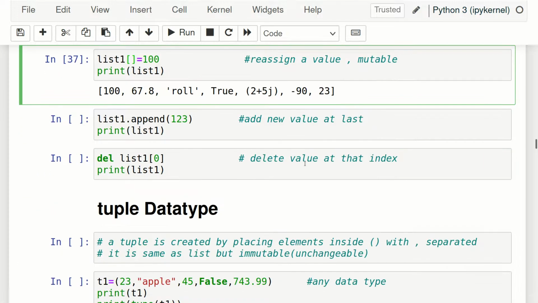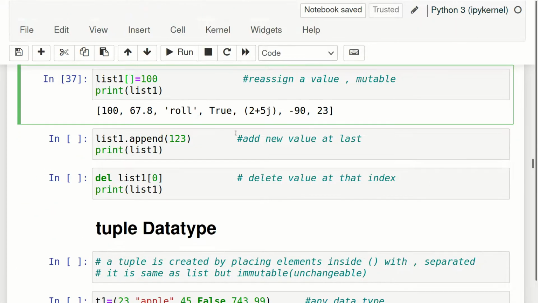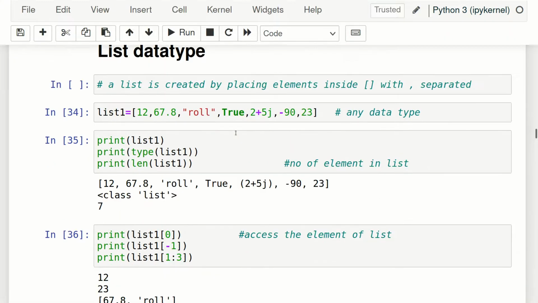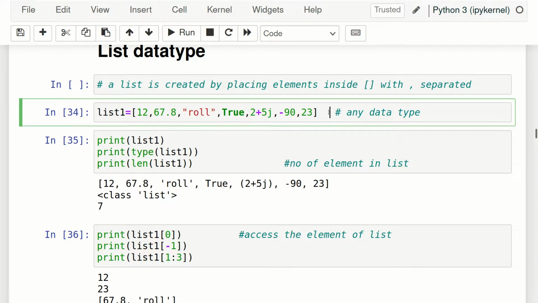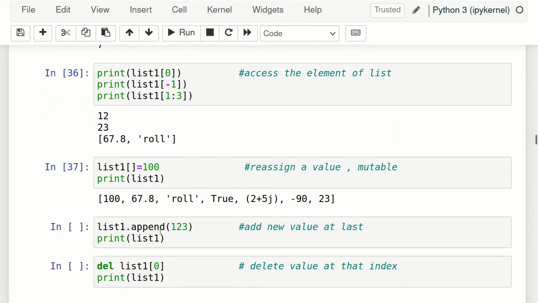Now the next thing, how to add a new value to a list. Suppose I have done all this, but I want to add a new element to the list after creating it. For that I have to use append.